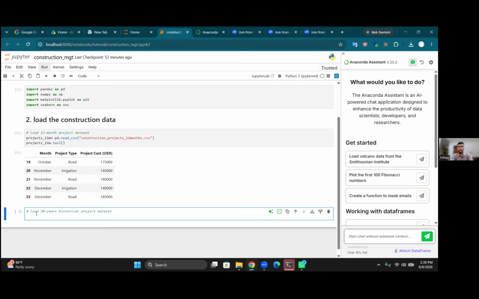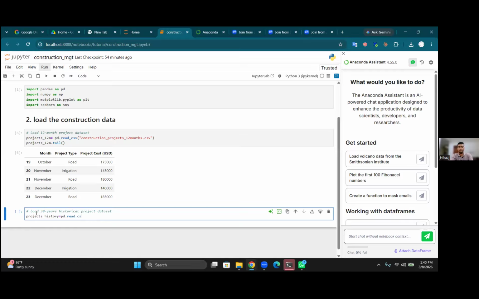We make it one command and name it like projects. Always do not give any space, it will create issues later. So we make the space with an underscore and we use pd dot read